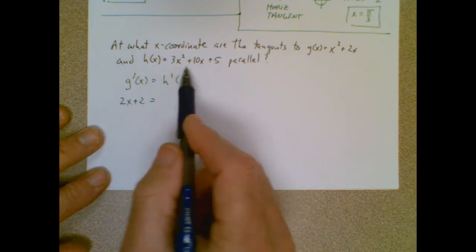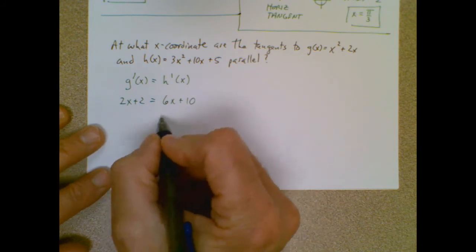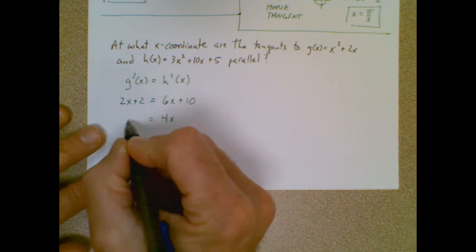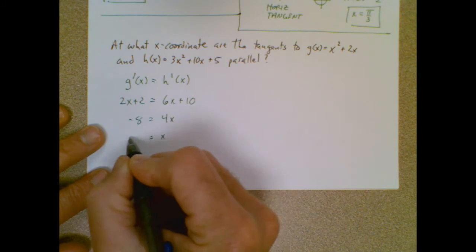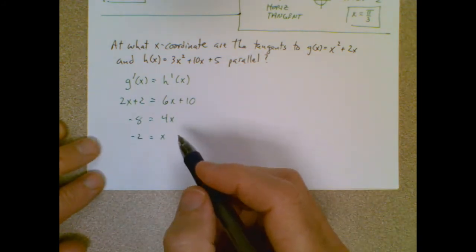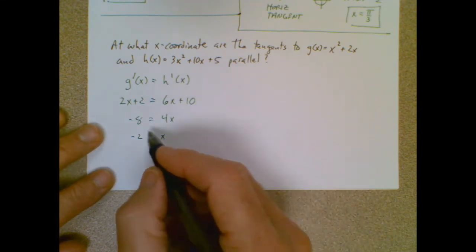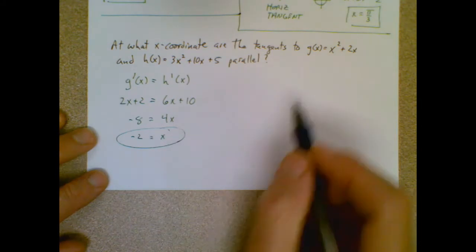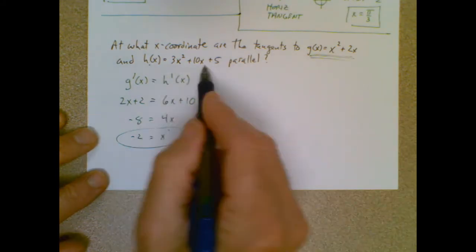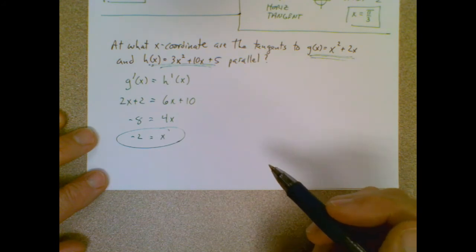I'm going to do my derivative with power rule. That's 6x plus 10. And now I can go ahead and solve that. That's a 4x over here and a -8 over there. X equals -2. I made that look fast and easy, but it would take some brain power on your part, especially in the beginning of your calculus career. So at x equals -2, this graph and this graph are running parallel to each other for just an instant